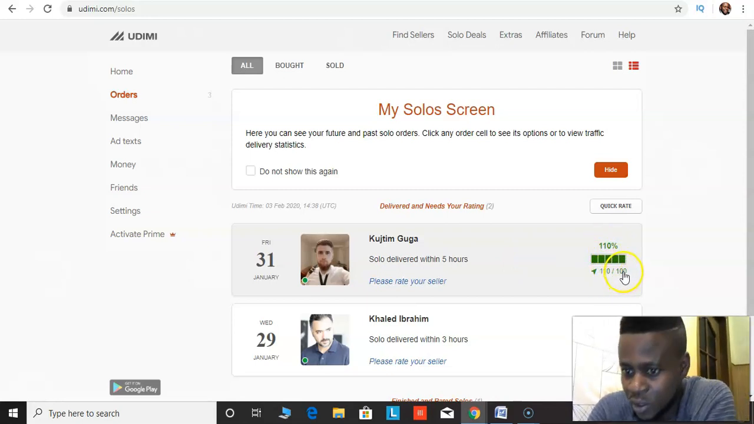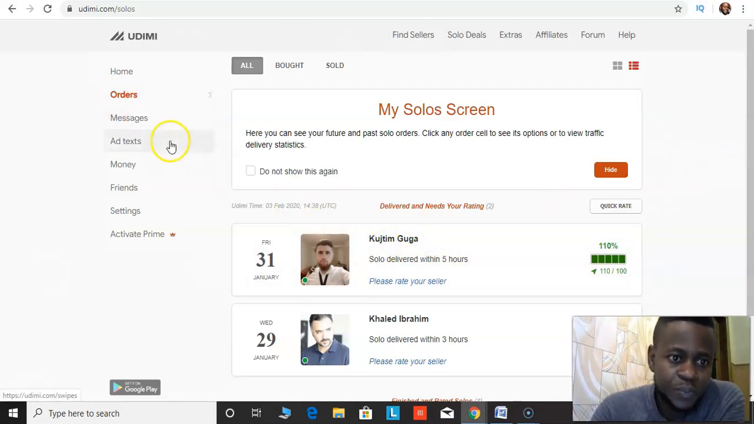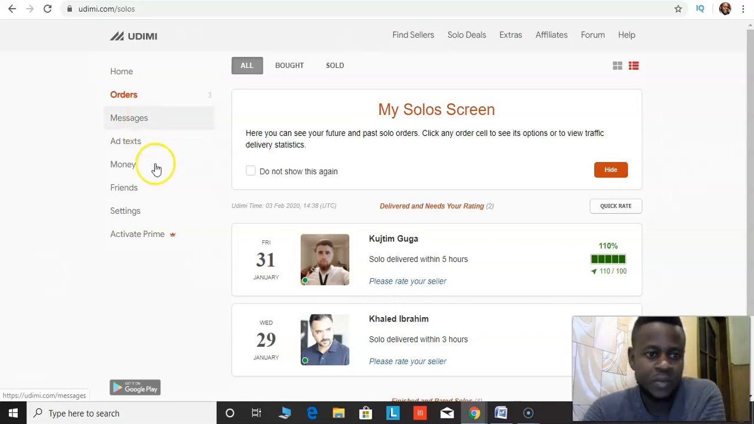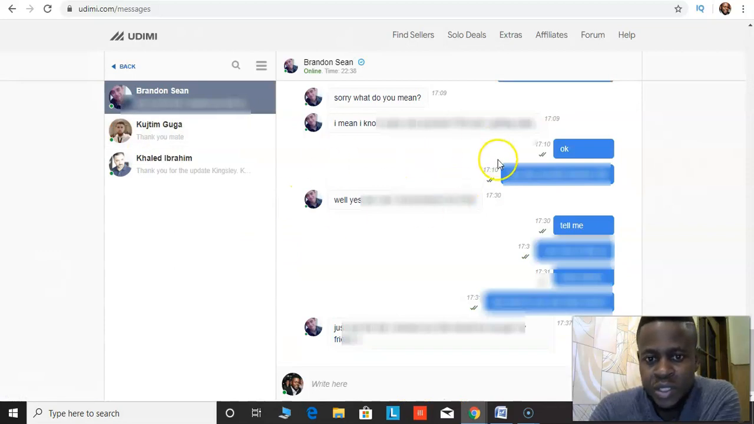Okay, so that I ordered 100 and he delivered 110. So that's just basically it. Okay, so that's it about orders. Messages, these are the messages you have with your sellers. Okay, so here you can go into your message section, and you can go through the messages you've been communicating